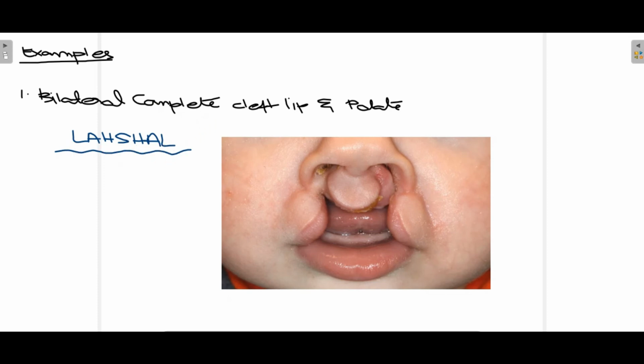And now defining palate as well, patient is suffering from cleft of hard palate and soft palate, so we will use both H and S. So defining bilateral cleft lip and palate of this patient in particular, we will use all of these abbreviations because it fits the condition of the patient, as you can see in this clinical picture.